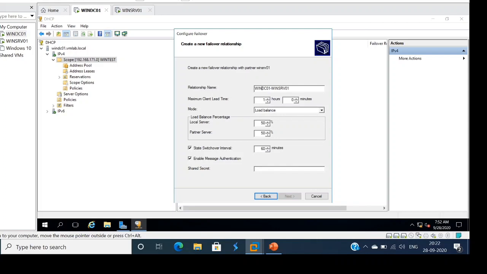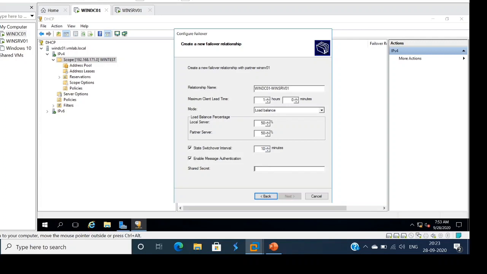So let's say, for instance, DC01 is the primary server. When it goes down, SRV01 will wait for 60 minutes. So that is the interval time. It waits for 60 minutes, and then SRV01 will serve all the DHCP requests to the DHCP clients. If you want, you can change it to 10 minutes. SRV01 will just wait for 10 minutes. Within those 10 minutes, DHCP client machines will not be able to get an IP address from the DHCP server.